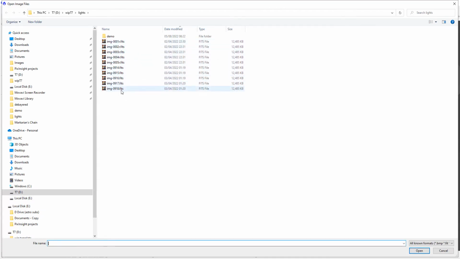Here I've got 10 files. These are a subset of a much bigger folder containing over 1,000 FITS files for the Markarian chain. And I've chosen these 10 just as a smaller subset to work with. And as we can see, the first 5 end in R, so these will be BGGR files, and the last 5 don't, so they'll be RGGB. If we open up one from each set, just to prove that,